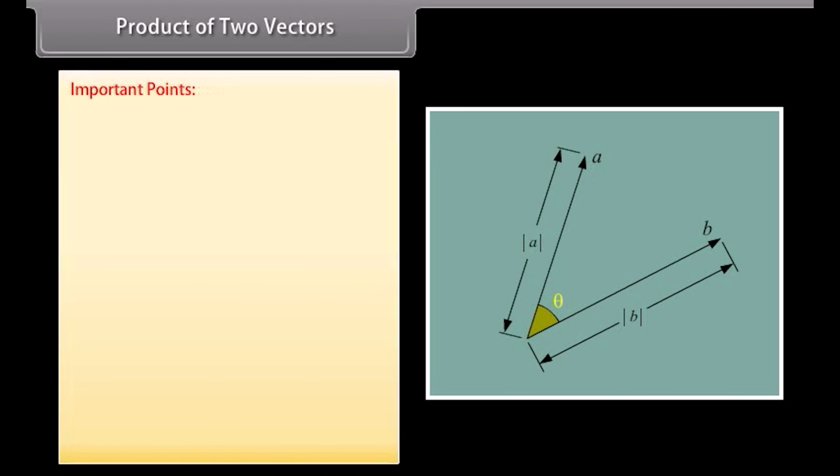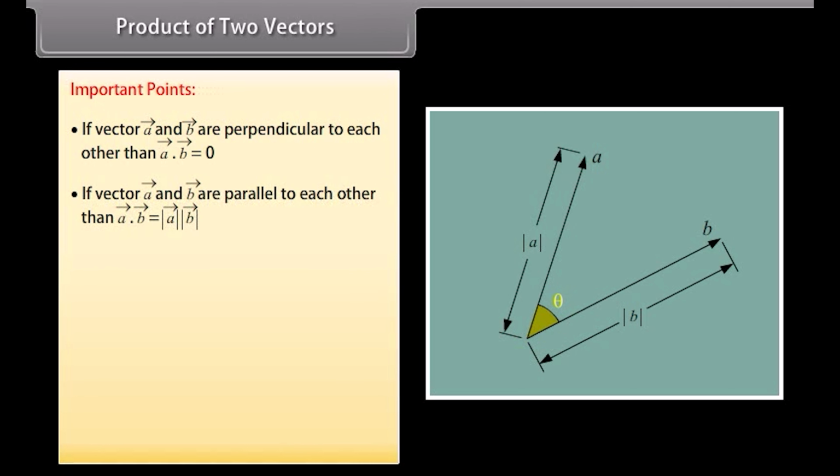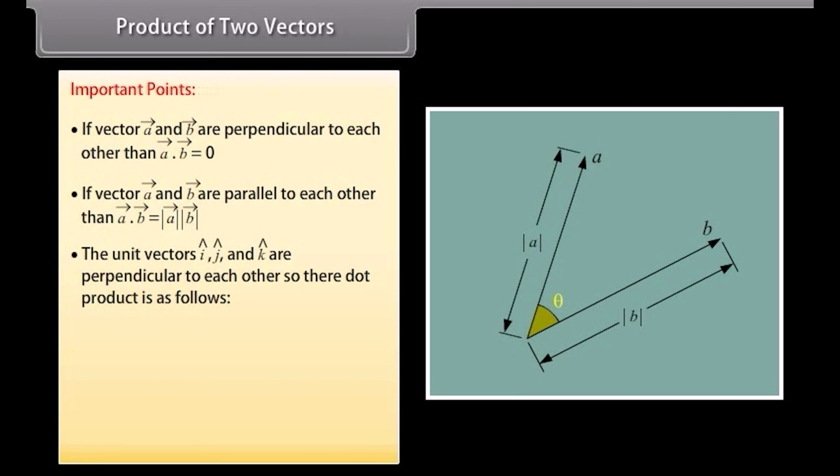Important points. If vector A and B are perpendicular to each other, then the dot product of vector A and B is 0. If vector A and B are parallel to each other, then the dot product of vector A and B is magnitude of vector A into magnitude of vector B. The unit vectors cap I, cap J, and cap K are perpendicular to each other, so their dot product is